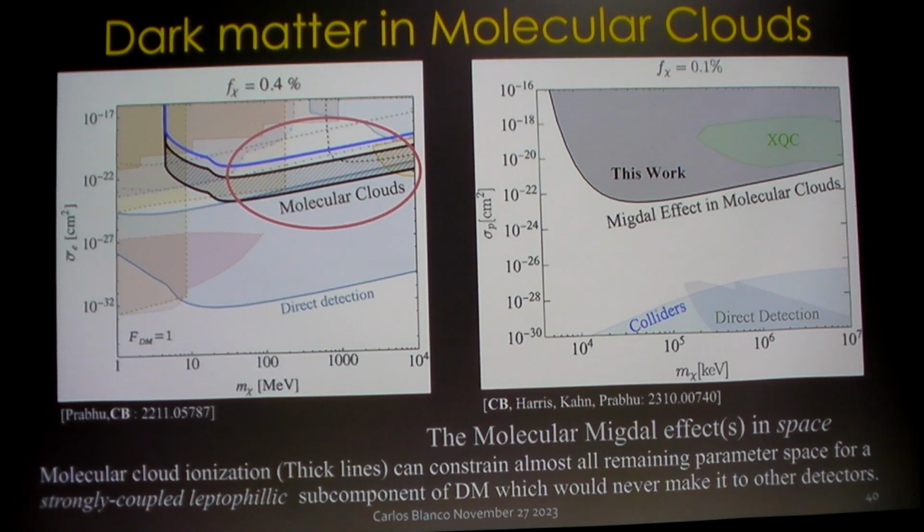And then it became obvious to us, like, let's just apply the molecular Migdal effect and see what the sensitivity is for the nuclear recoil case. And that's what the right-hand side is. It turns out there it's much harder to constrain dark matter, but overwhelmingly the biggest constraint in these strongly coupled subcomponents is this Migdal effect in space paper. And so this is adding to the many reasons why looking at chromophores, looking at chemistry, looking at nanomaterials can really benefit,